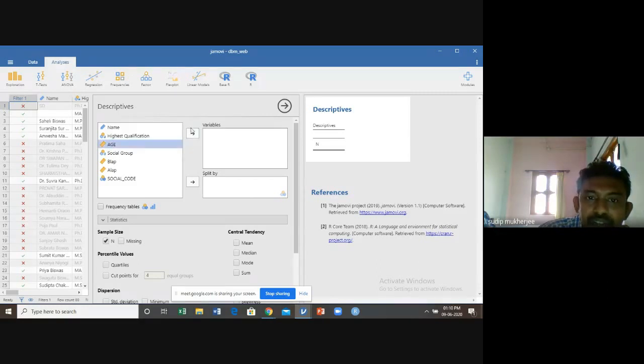Click on n, and what is the variable? The variable is age. It automatically calculates that there are 21 participants whose age is less than 30. In a similar fashion, you can filter on any of your interest and calculate the frequencies.